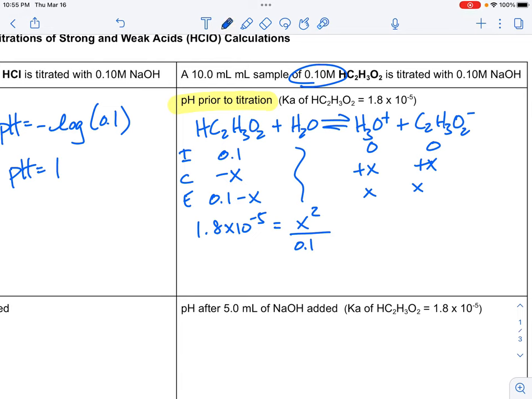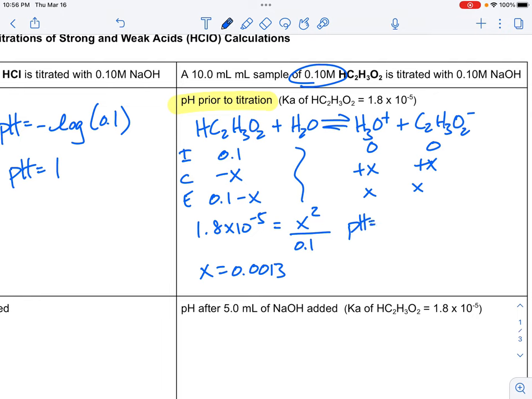When we then solve for x, x is going to be equal to 0.0013. And remembering what x stands for, x in our table is our hydronium ion here,